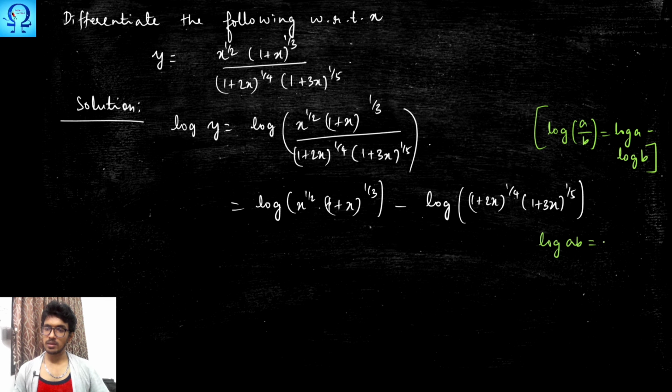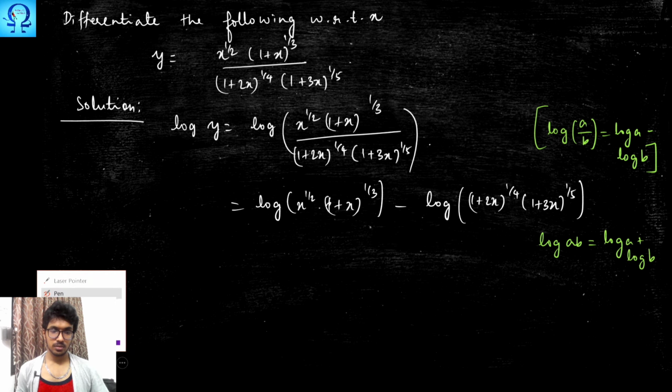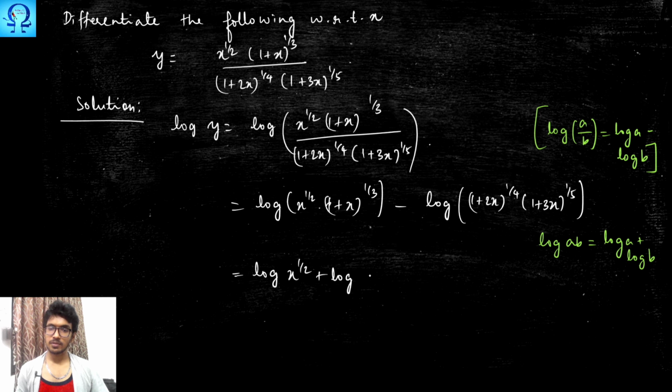Log ab is log a plus log b. This is what we will make use of. So it is log of x to the power 1/2 plus log of (1 plus x) to the power 1/3 minus log of (1 plus 2x) to the power 1/4 plus log of (1 plus 3x) to the power